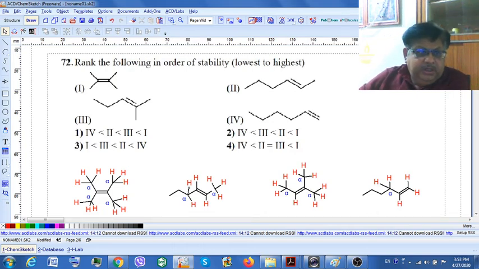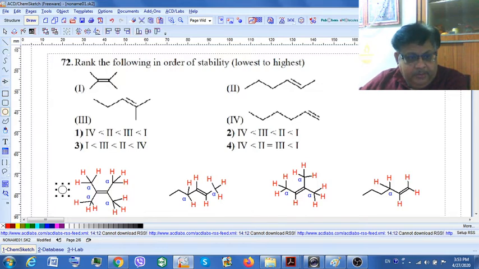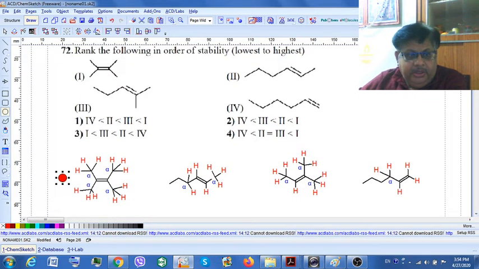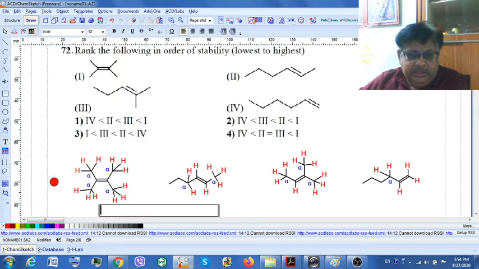Now if I am taking a look at various situations over here, I will try to make myself more clear. Using this cursor, you will see a circular dot appearing on your screen. In this particular case, I have shown you what an alpha position is. Now count the number of hydrogens at this alpha position. You will get the answer as 9. So you got 9 hyperconjugation structures.